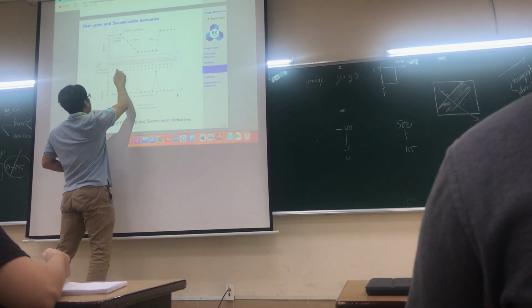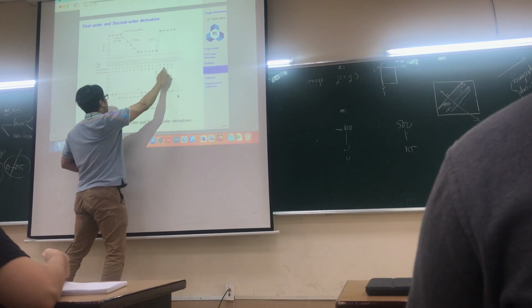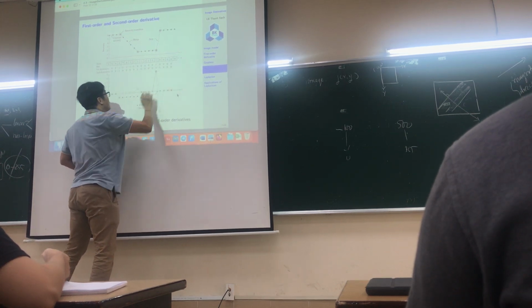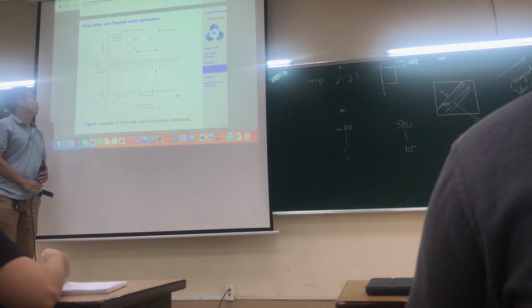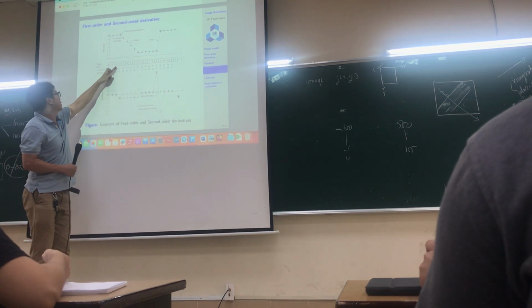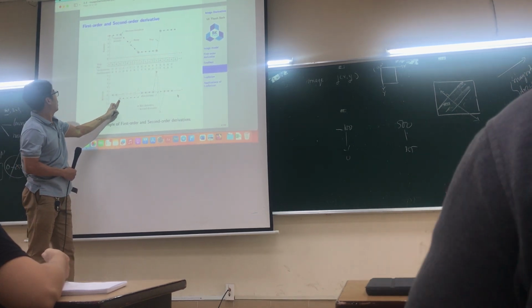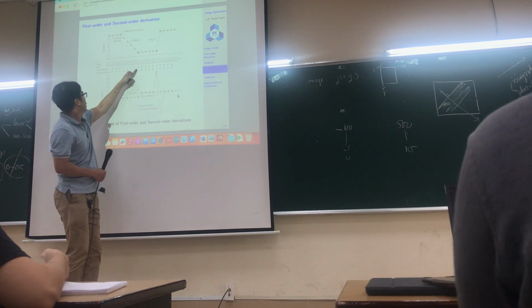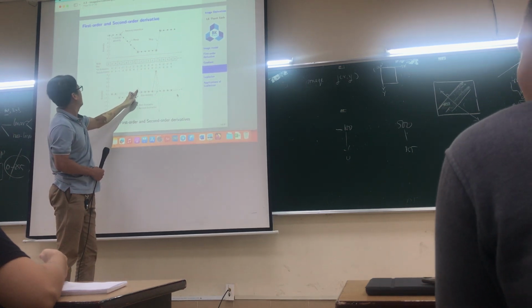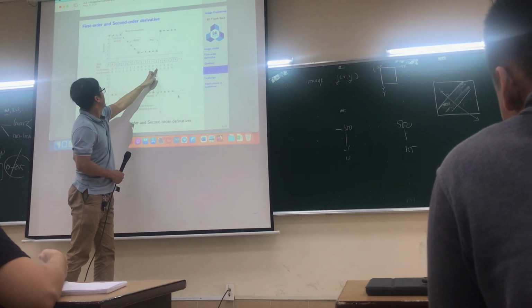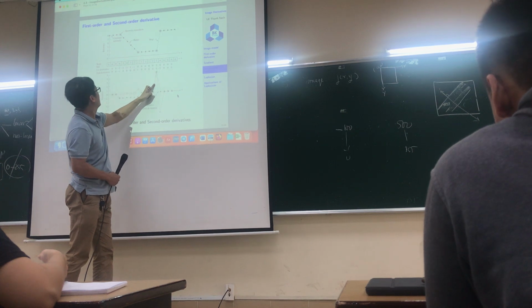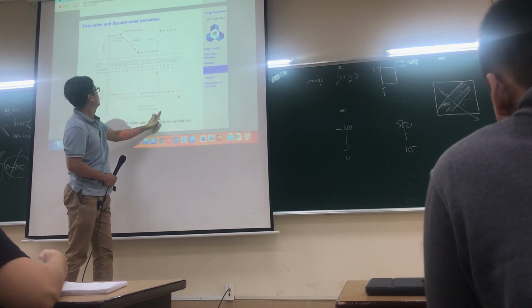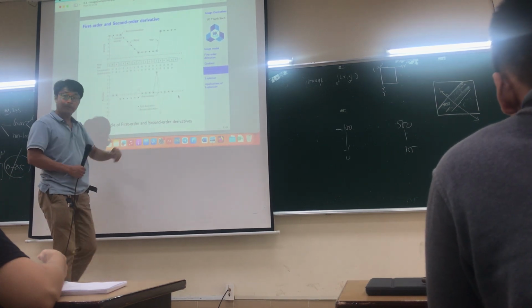First order, and this, second order, and this. Then for the second order you can see minus 1 here, here 1, and here 5, minus 5. So,